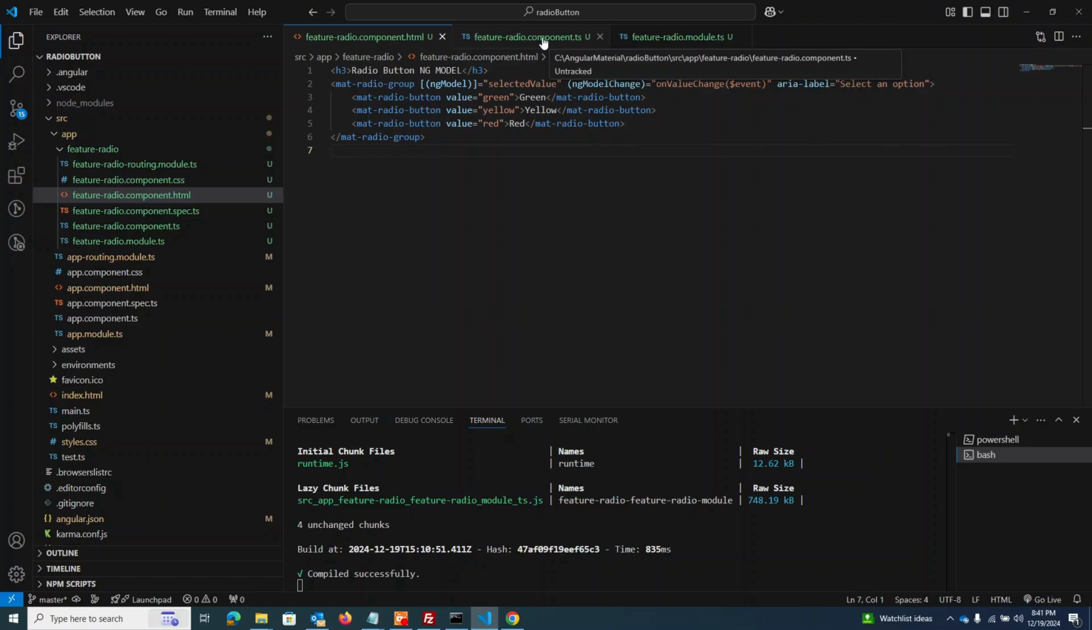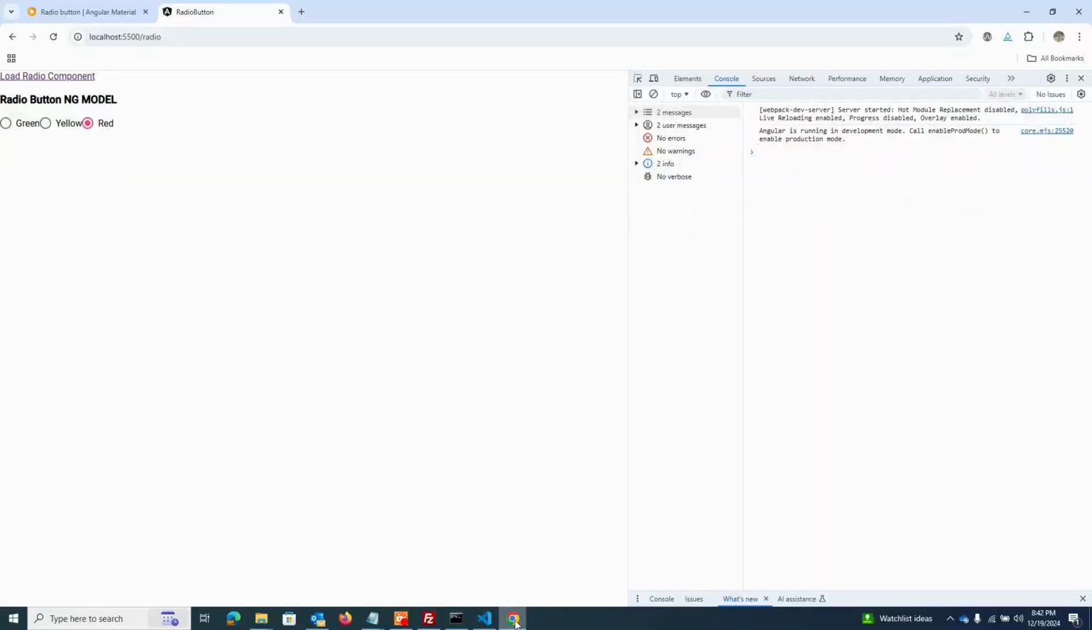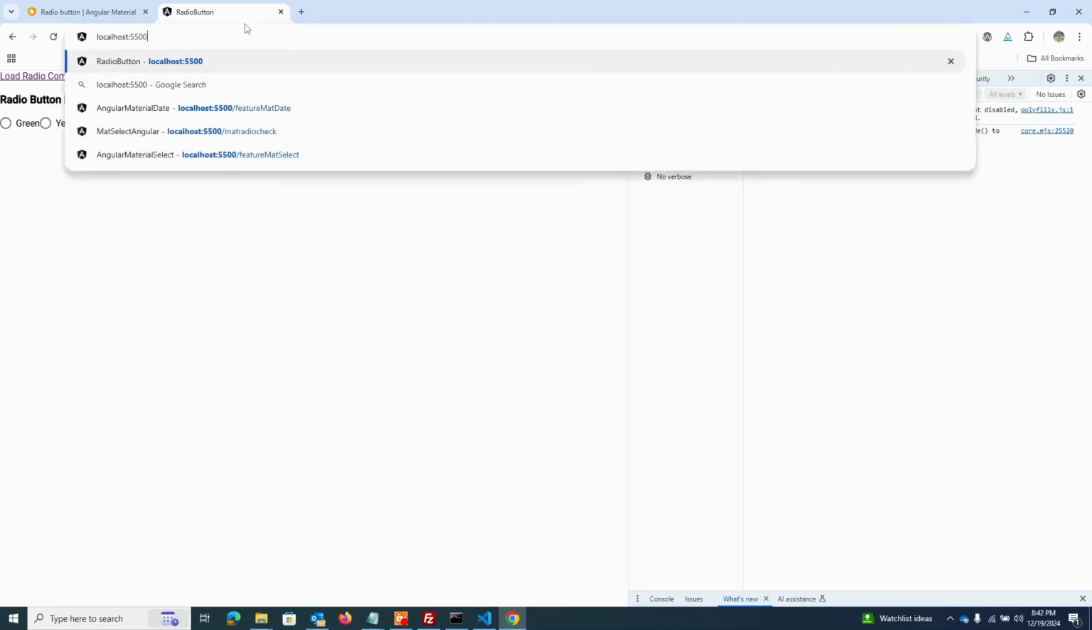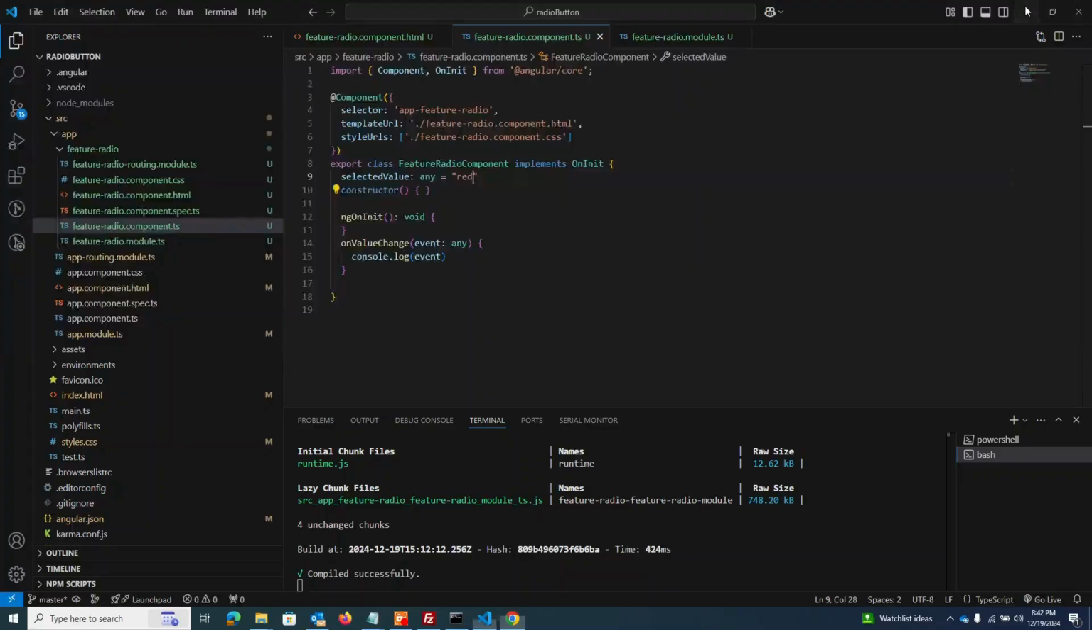So I'm going for using the selected value. So I'm going to make it red. So should this be, yeah, you can see here, not selected. Then